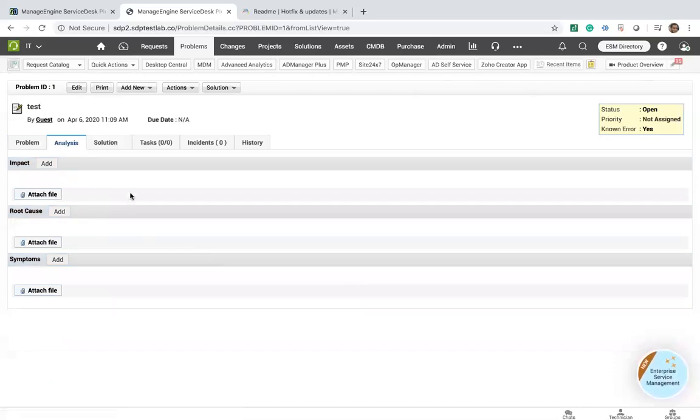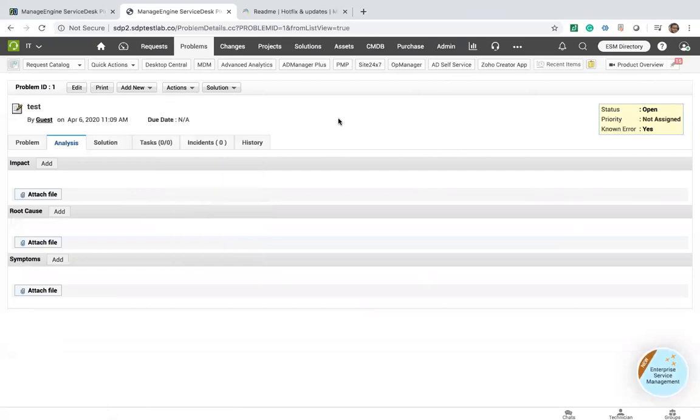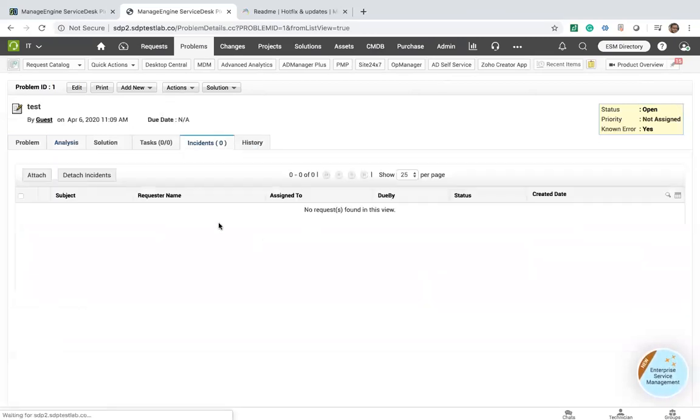There we have a few options, like you can document the impact, root cause, and symptoms. Each of these has its own significance. Then you can derive a solution or a workaround, or if it's a known error, that can be marked as well. This is one common question to be asked. And we can associate multiple incidents that have triggered the problem over here. The advantage of getting these associated is,